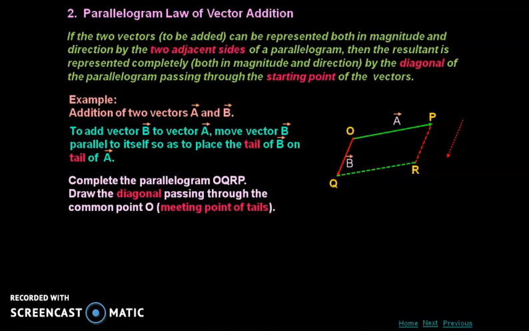Now the resultant will be given by the diagonal of this parallelogram, the diagonal passing through the point O, or you can say passing through the coincident point of the two vectors' tails. So this vector is given to you as A plus B. Both methods will give you the same result, but the method is different. In the parallelogram law of vector addition, you add two vectors by the two adjacent sides of a parallelogram. Then the resultant is represented completely both in magnitude and direction, because a vector is having